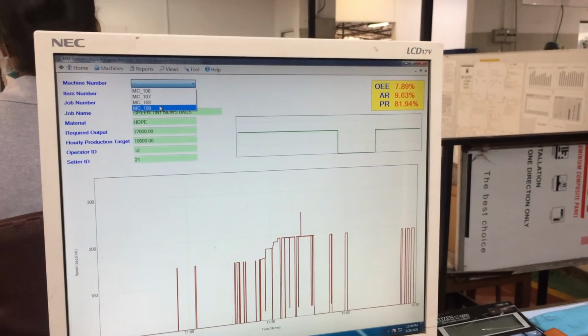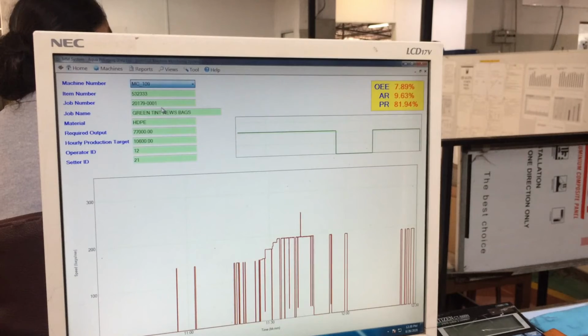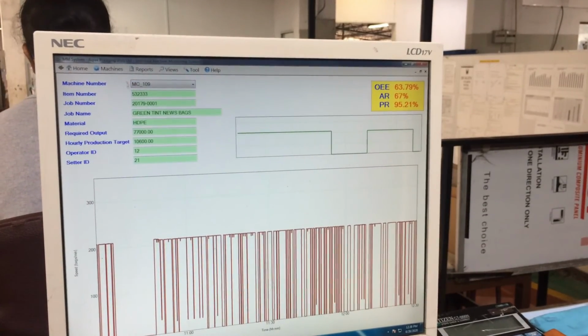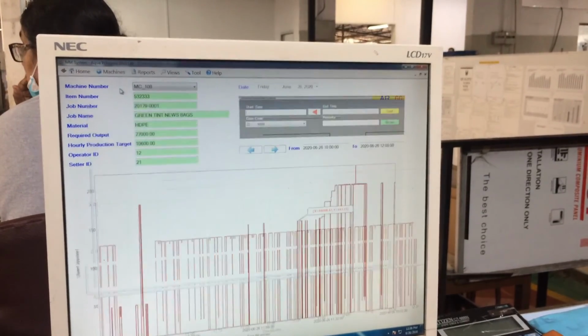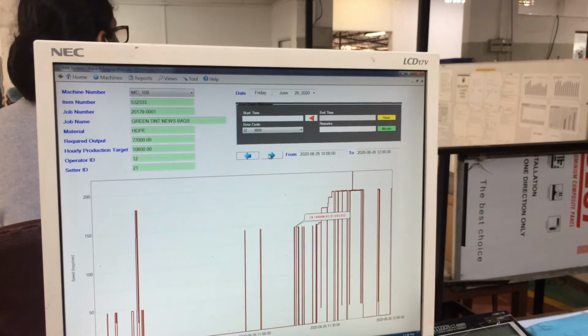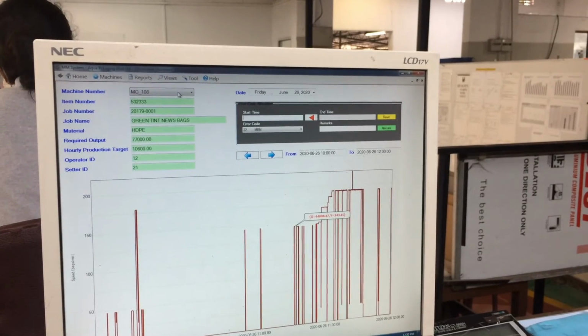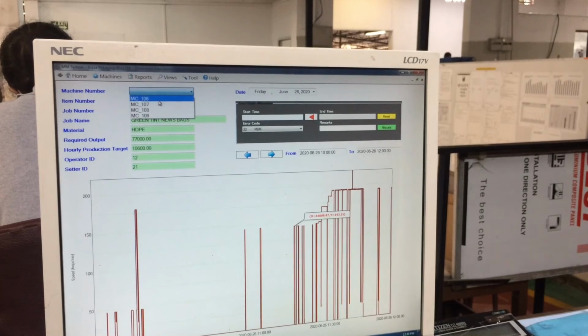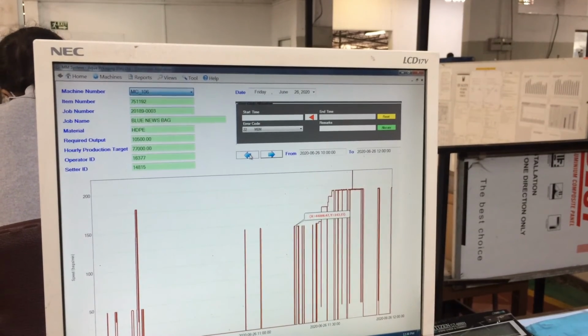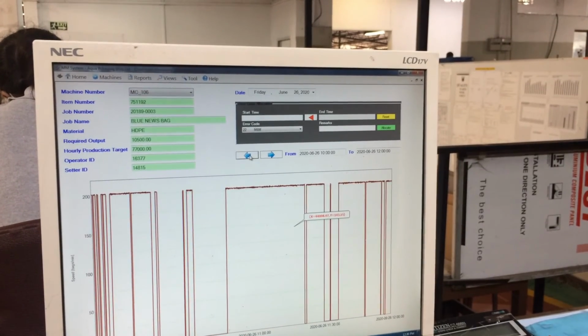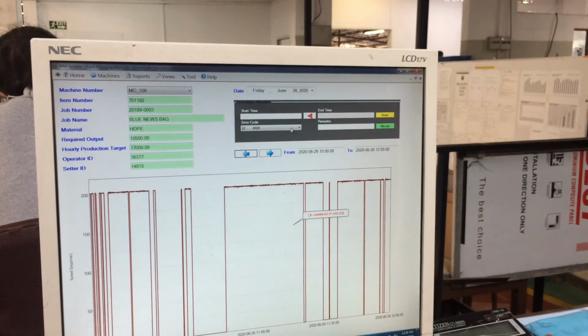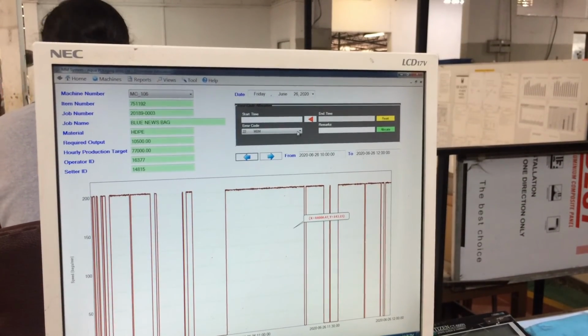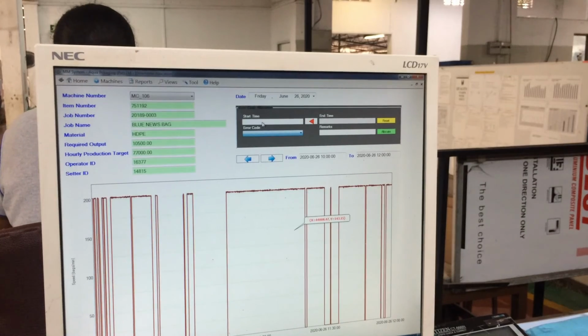In this graph you can see there are some areas where you don't have a graph, but in some areas you have a graph. That means in the areas without a graph, you didn't run your machine. That is how you can use this software to identify where your machine stopped and what the reasons are for your machine stopping.